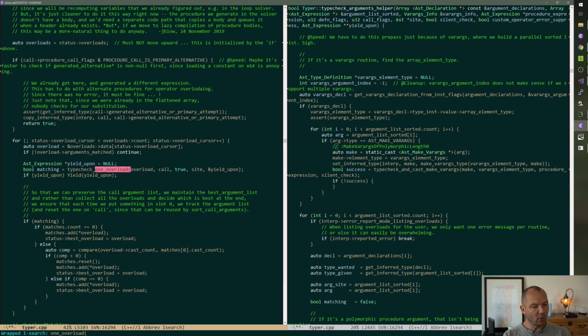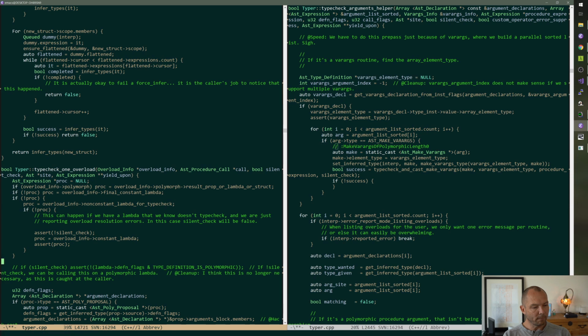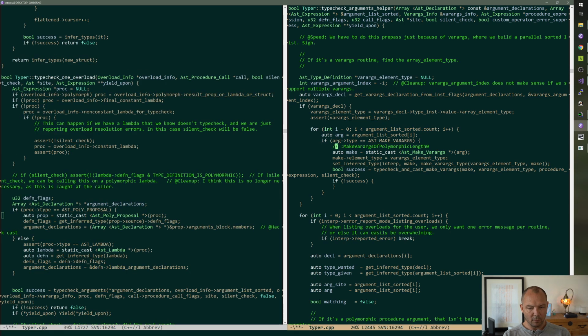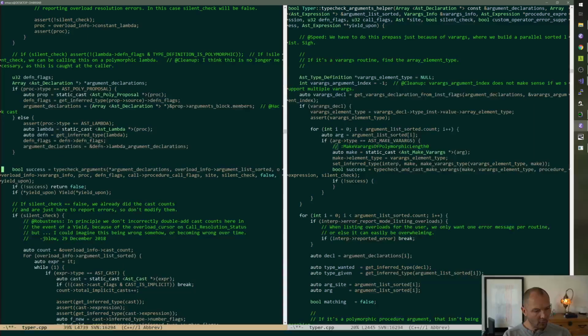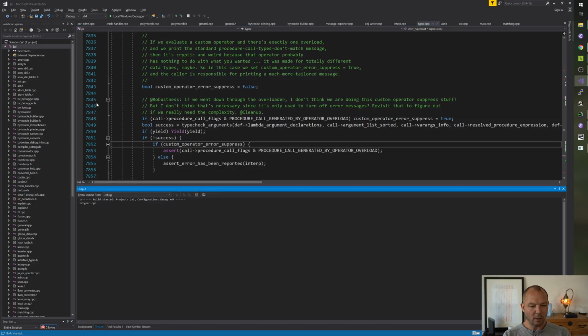Okay, so here, and then we go into type check arguments, and we do correctly return the false. So, like, literally, I think that was it.